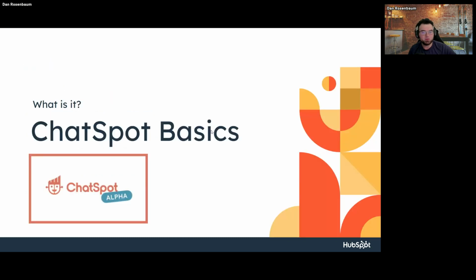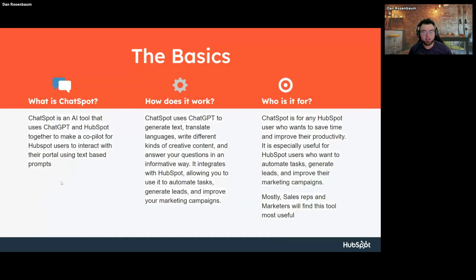All right, so where are we skipping? There we go. What is ChatSpot? Talk about the basics here. So ChatSpot is an AI tool that uses essentially a ChatGPT pass-through. So we're using OpenAI's framework to act as a HubSpot co-pilot of sorts. It's locked into your HubSpot database. You can ask it questions about your HubSpot database. It can run some basic reports. It can create records. You can get insights. And it's also hooked into other third-party tools for third-party data on companies. You can look up news, all sorts of fun things. So it's not just an AI tool that talks to HubSpot.